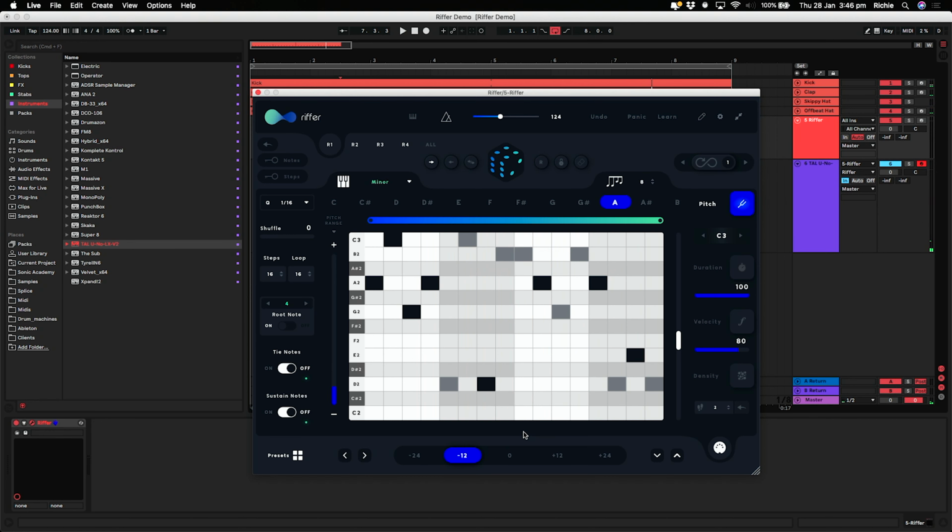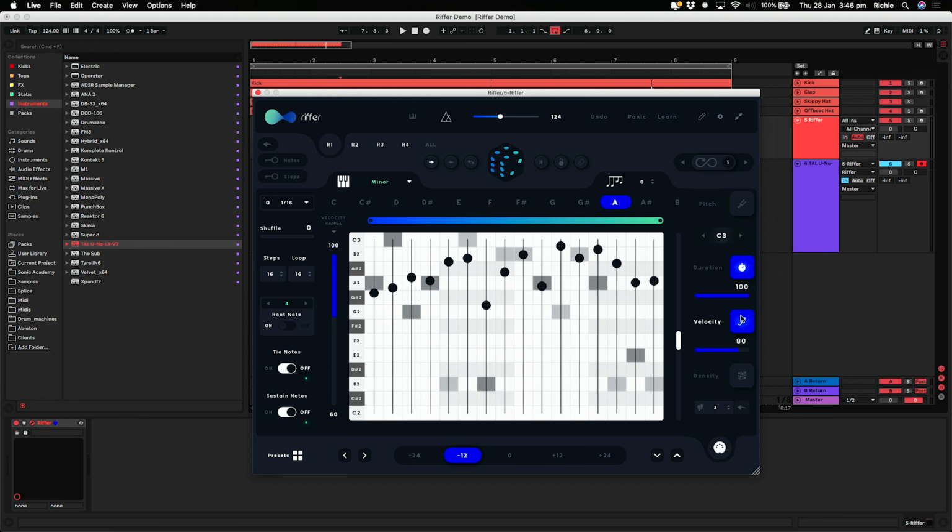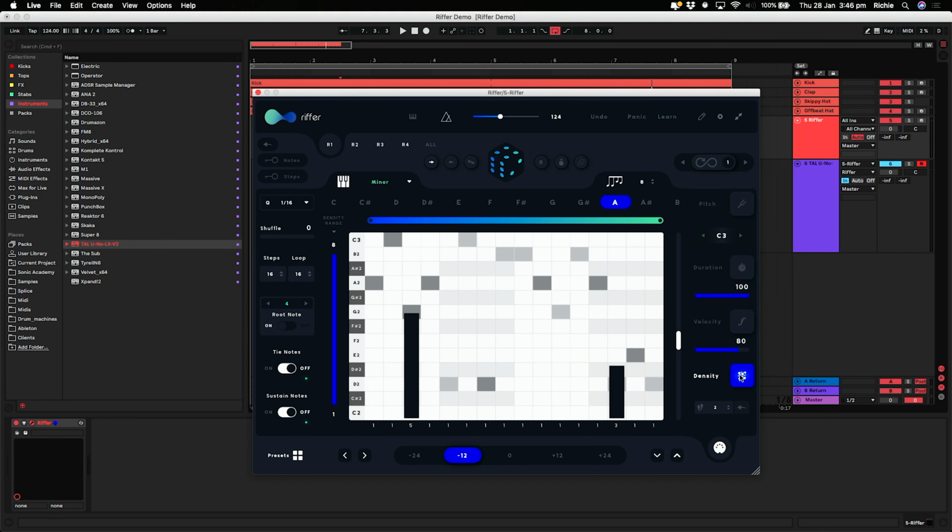So it's generating some notes for us, but it's also doing some other stuff as well. So it's generated those notes. We're actually on the pitch tab at the moment. That shows us what notes we got, but it also randomly selects the duration, the velocity and the density for every single note. So you probably know what duration and velocity is, obviously, but density is basically, certainly in this